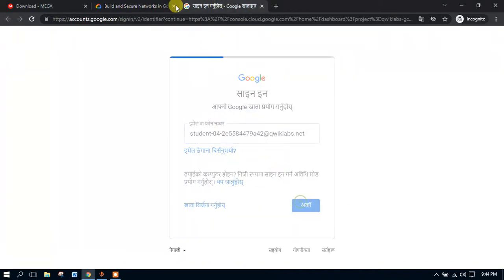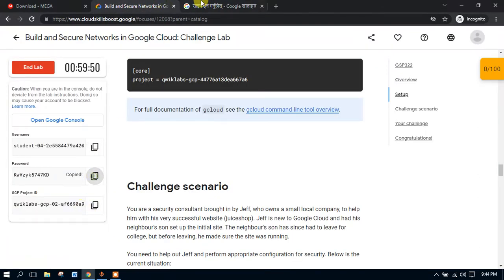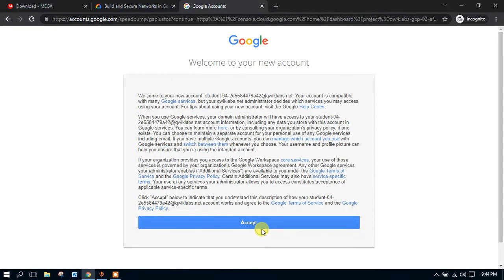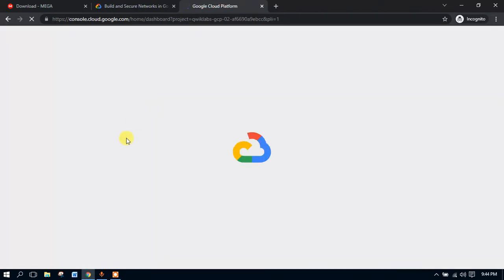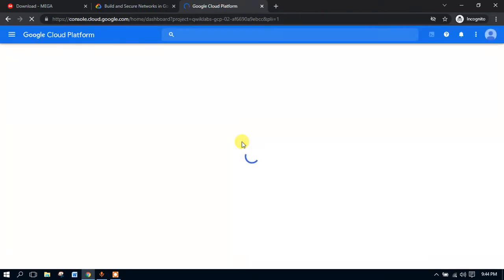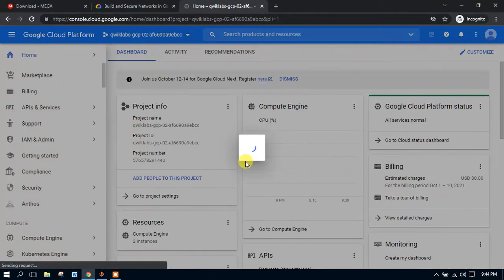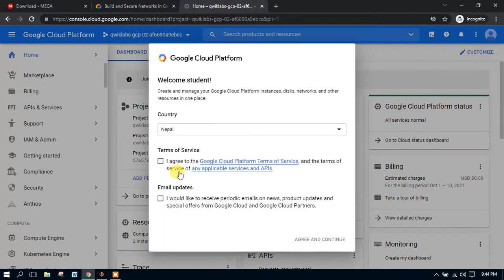Yeah, it's already here. Copy the password, put it in, and accept the terms and conditions. Now you have to accept one mode or location from where we are using this cloud platform. Okay, I will accept it. Yeah, it is compulsory.